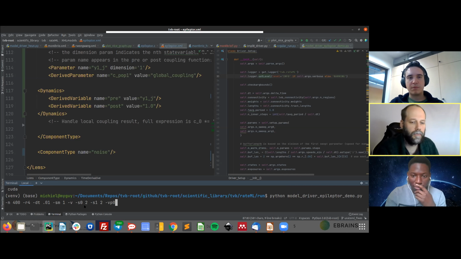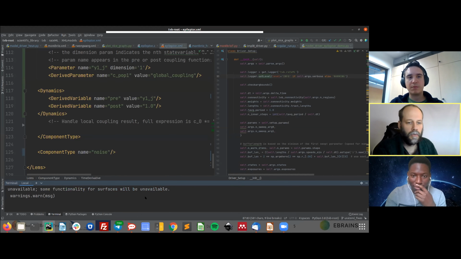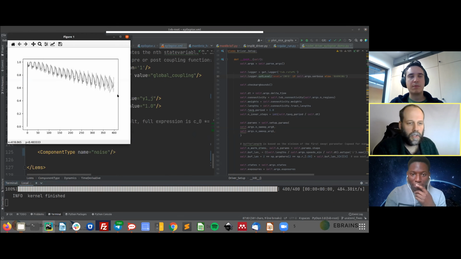I spawn a network with 4 different parameters that are swept, and I plot the output. If I run it now, then you will see how it works: certain oscillations occur for this type of model. We monitor the first state variable, and you see that certain oscillations occur, and all 4 parameters are plotted, and you see that they vary a little bit.